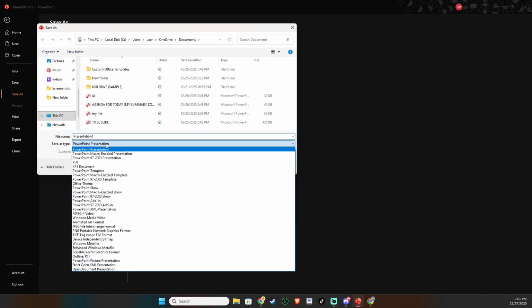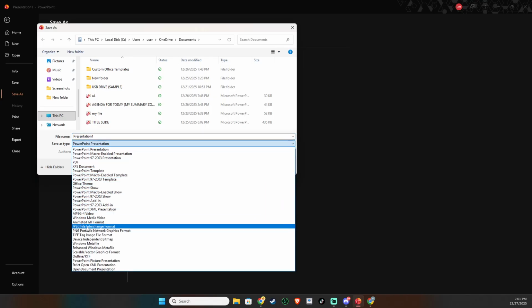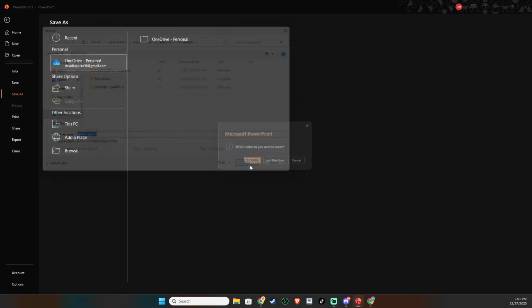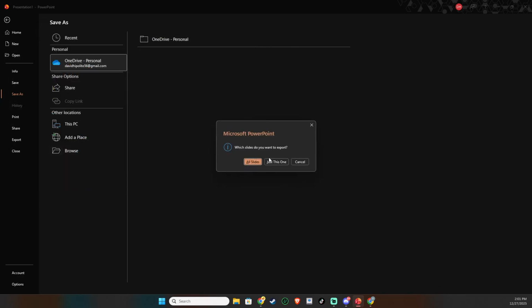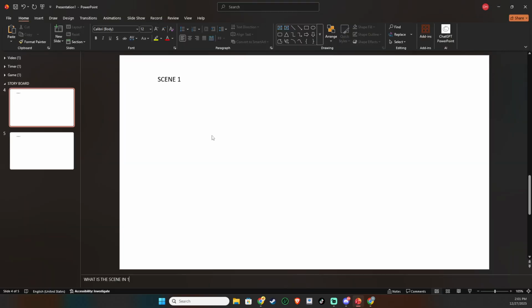Finally, organize the exported frames. Name the files sequentially, Scene 01, Scene 02, and so on, using leading zeros so they sort properly. Keep them in a clearly labeled folder for the project. Most editing software will recognize the order instantly, and some can even import them as an image sequence. With your notes as reference, you can quickly build a rough cut, time your edits, and share a clear plan